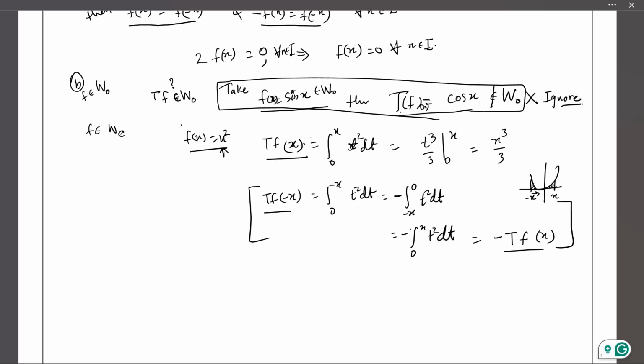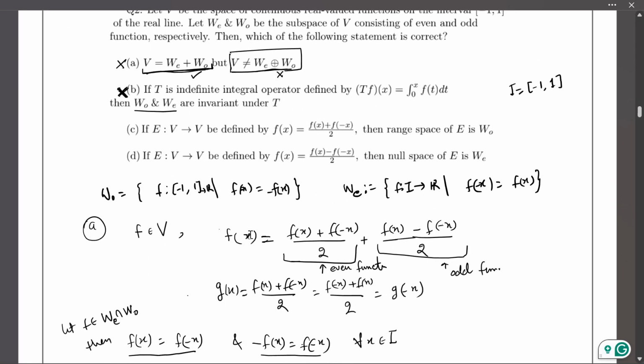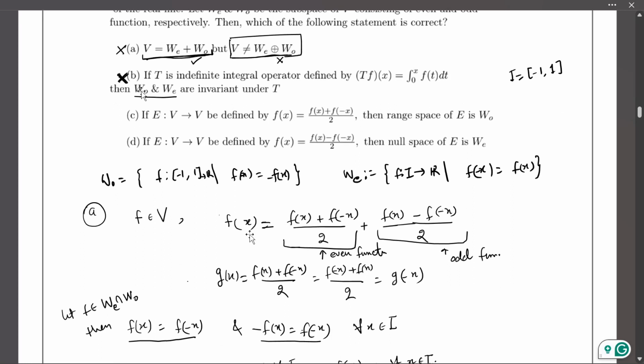So Tf was calculated like this, and Tf of minus x we calculated, and we got that Tf is an odd function. The f we take is equal to x square. Then f belongs to WE, but Tf belongs to WO. So this was a good counterexample. Let's see the third option. So E is an operator from V to V